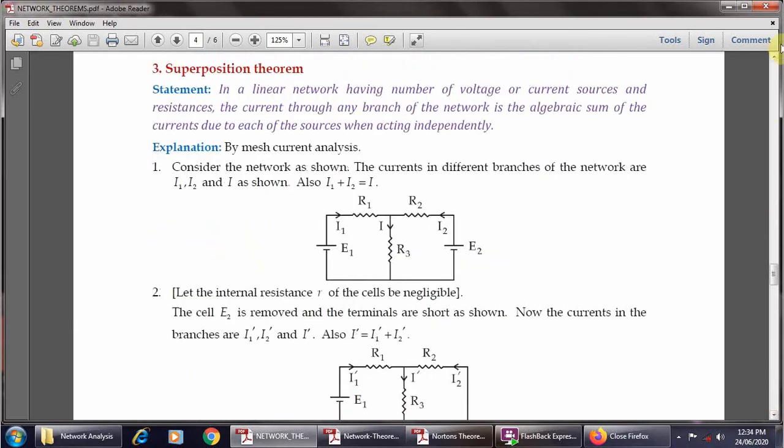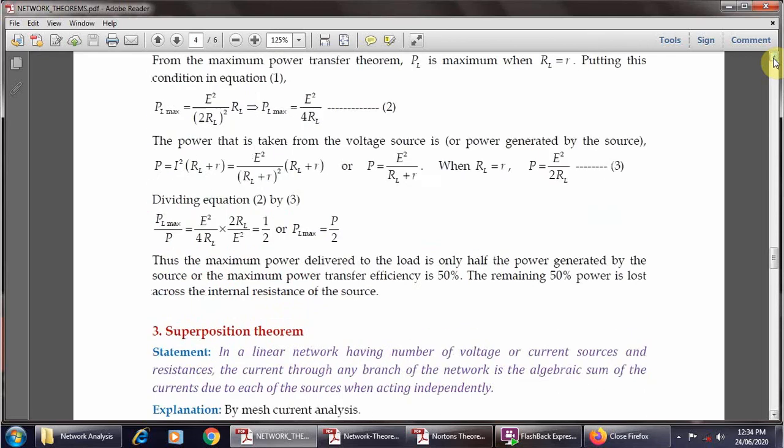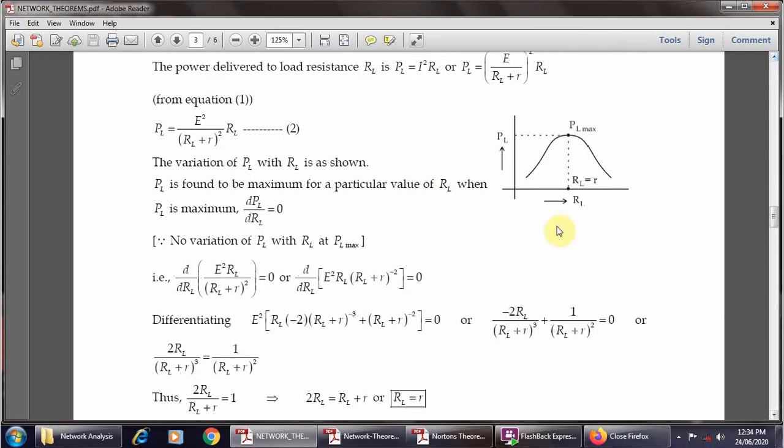It shows that the current is flowing through the circuit, and there is a resistance, the internal resistance and RL, with respect to the power. Initially, as the current flowing through the resistance increases, the power also increases. The value of the resistance should be the same. Once the load resistance is matched to the internal resistance R, then maximum power is delivered to the load.